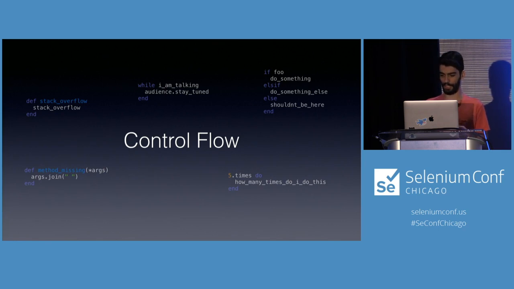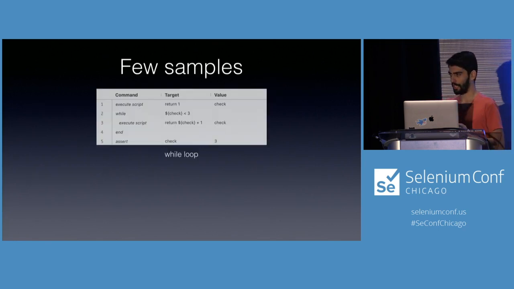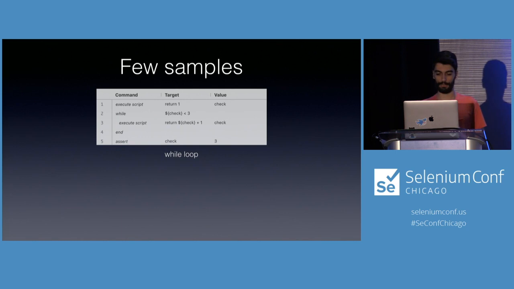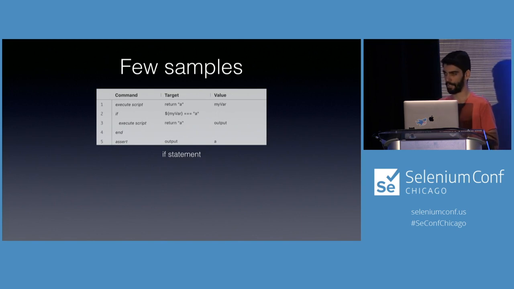And it's better explained by examples. So, you get the indentation. That's my favorite part in this one. Basically, in this example, we loop through. We started an iterator at 1, and then we increment it every time until it's a 3, and we accept that. And a similar thing is going on with the if.